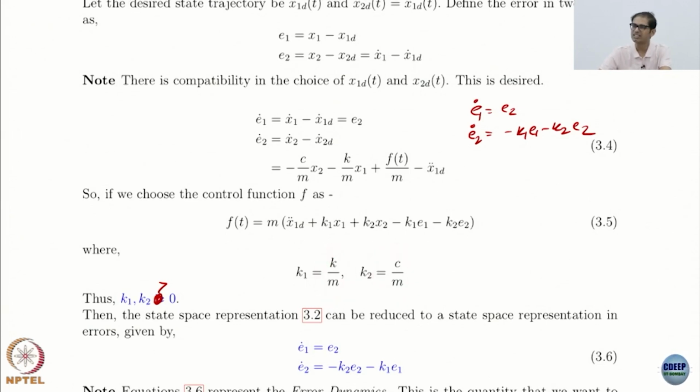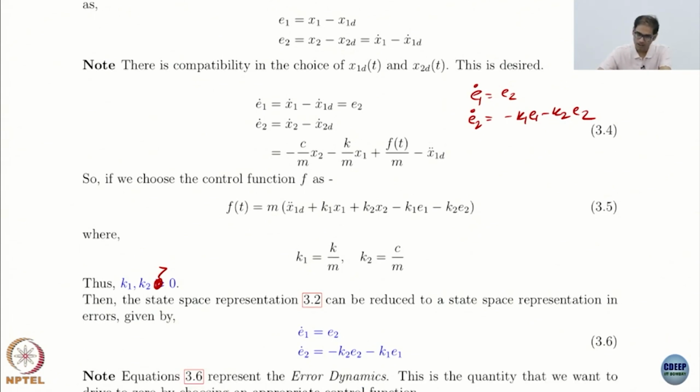In fact, they are not restricted to choosing the same K1, K2 here, you could have chosen something else also. Your call, how much control you want to apply. And you can see this control, I think we discussed this at some point, a lot of control of mechanical systems looks like some feed forward plus feedback. This is exactly that, this is the feed forward part, which is cancelling the dynamics and effect of trajectory, and then there is a feedback which is like a proportional derivative control,